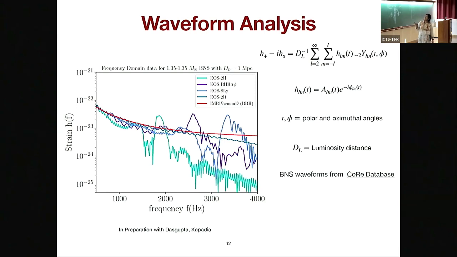And then we go to this BH, lambda phi, then this SLI, and for the EOS2B, which is the softest equation of state, that is also this line, which more or less mimics the black hole. Because that is the softest equation of state, and softest means given the same mass, it has the smallest radius. So it is very compact and behaves like a black hole. So what